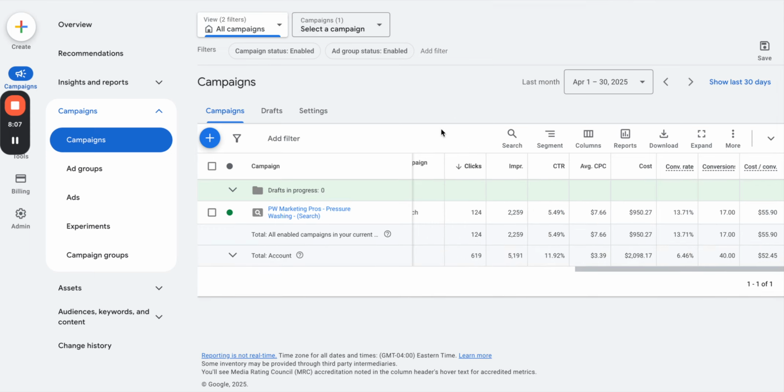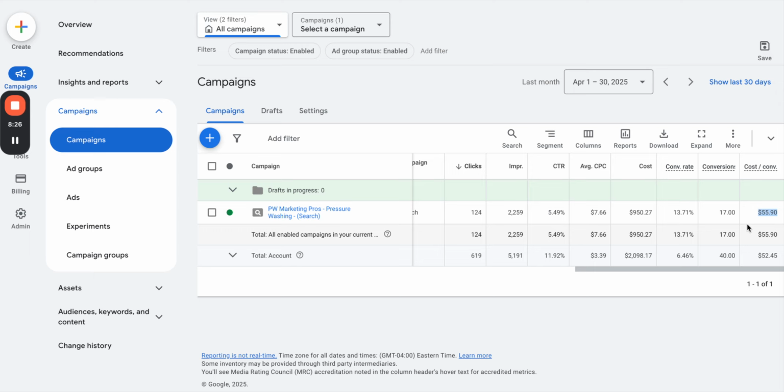This is another client of ours right now that we also manage the local service ads and Google ads for as well. But for this client's Google ads, they spent $950. They got 17 leads, and they got about $56 a lead. And they're in Connecticut, right? So they're in Connecticut. This campaign also started off a little slow at the beginning of the month,